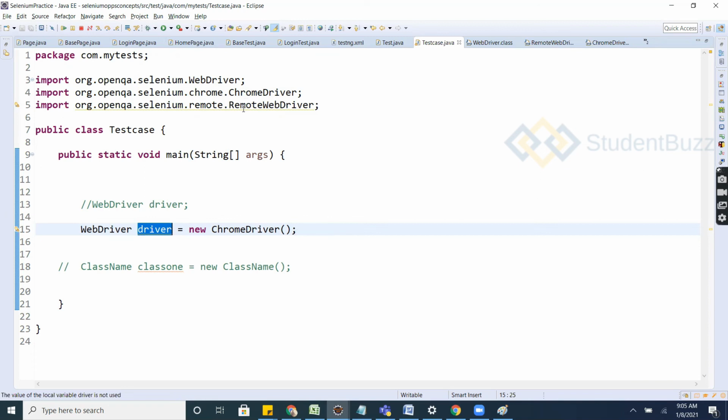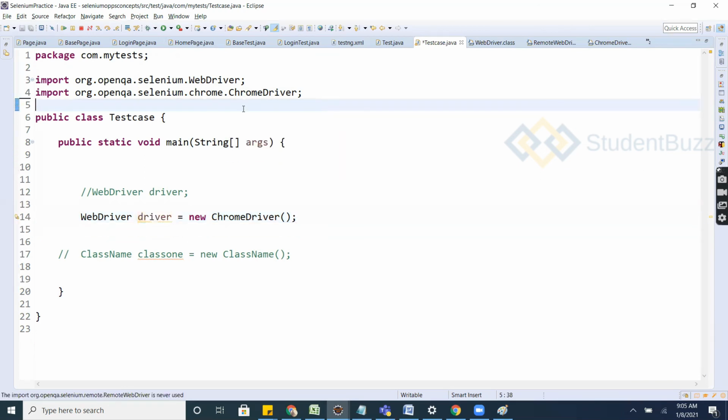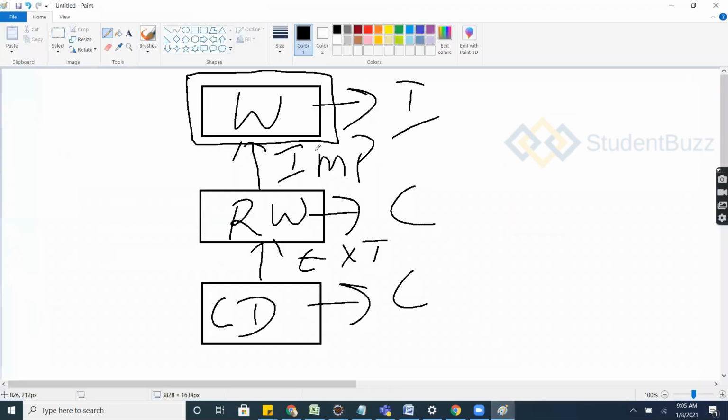I don't want to keep you all in more confusion. Just understand this: it's a class, and that is also a class, and this is an interface. An interface has non-implemented methods. When a class implements an interface, it needs to implement the interface's unimplemented methods. Then you can extend it.